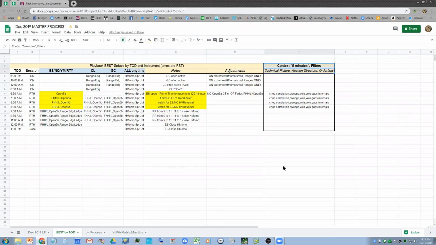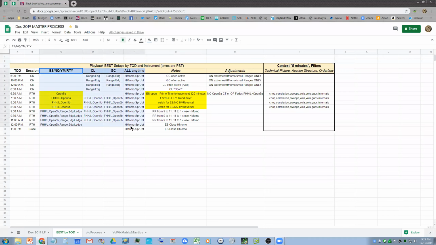And then this is what I mentioned in the last session about getting in the habit of looking at context before you take a trade. And what I mean by that is the technical picture from the last day or two or three or four, the intraday auction structure, and then the very immediate, most granular order flow. If you do that, you'll always be on the right side of the trade, or at least you won't make a huge mistake by being on the wrong side. You'll realize it right away. Okay, so let's go through